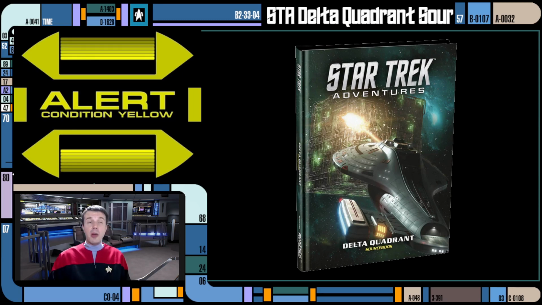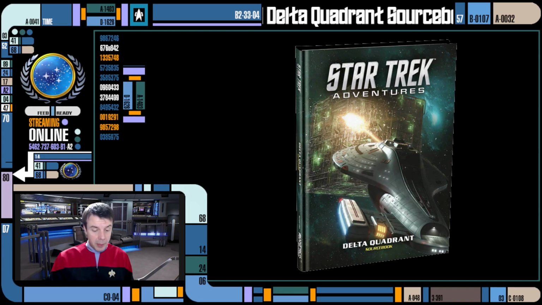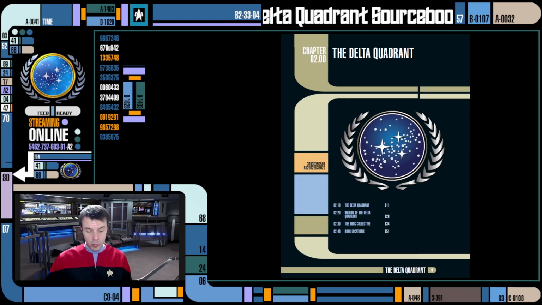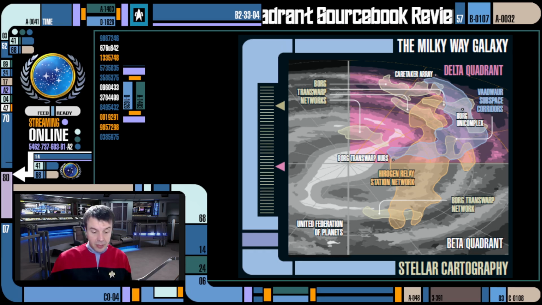So if you're not sure how you're going to be able to incorporate the stuff found in this book, you might want to take a look at that, and that's right there in the opening chapter. Double yellow alert even before we get into the real meat of it. So the meat, as always, starts in Chapter 2. Chapter 2 is the Delta Quadrant, and this is going to be the most of the material in the book about this whole entire section of space. It starts off with the inhabitants of the Delta Quadrant, and it's short entries